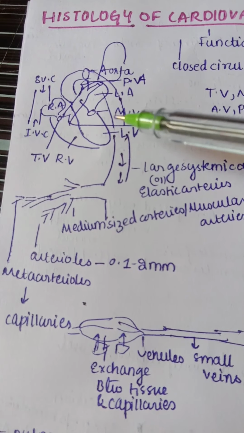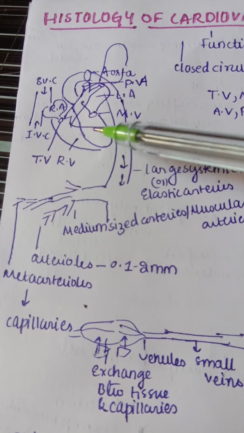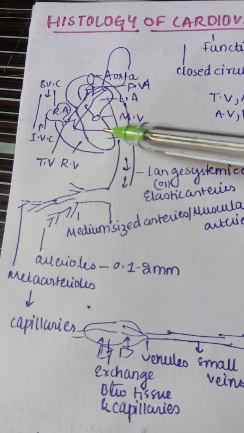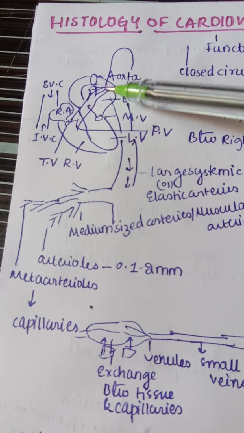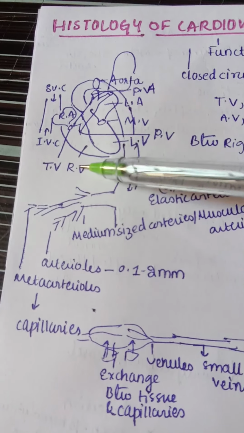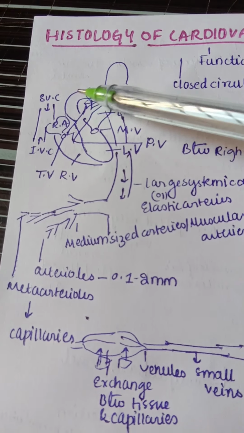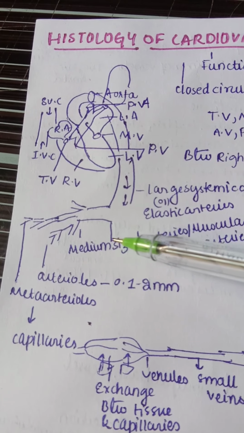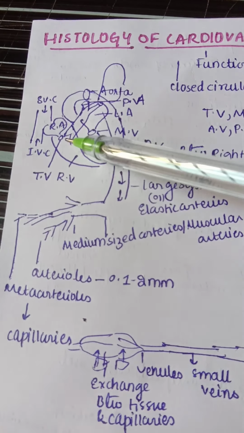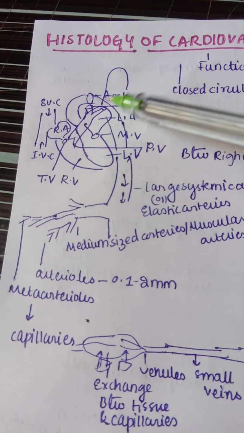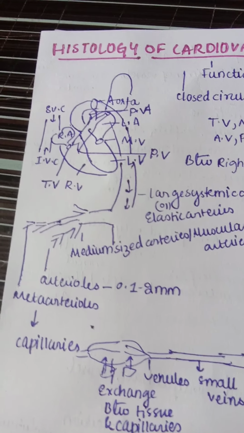On the left side we have the mitral valve, on the right side we have the tricuspid valve. So the tricuspid valve and mitral valve are known as atrioventricular valves, because they are between the atria and the ventricle. They are also known as input valves because blood from here comes like this, that is input valves. And output valves are the aortic valve. Here you can see this is the aorta, output to the systemic circulation to all parts of the body. And the pulmonary valve, which goes into the lungs. So these are the output valves.